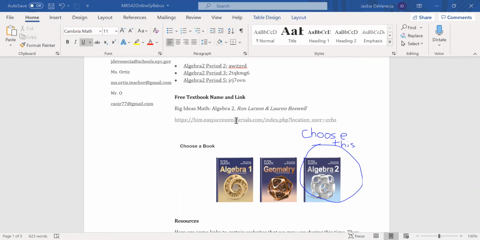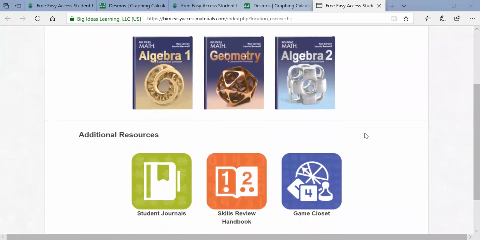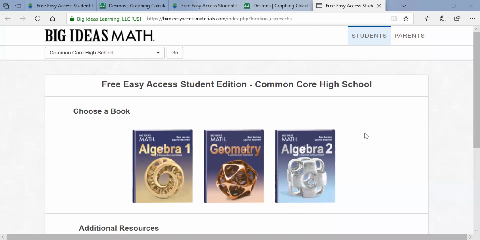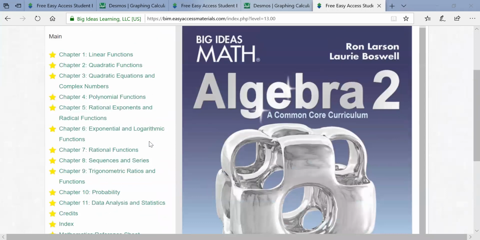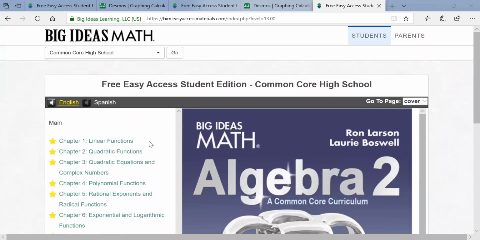Sorry. If you click on it, you should be on this screen right over here. The textbook that you want to choose is this Algebra 2 textbook, and it should take you right onto this site with all the contents.